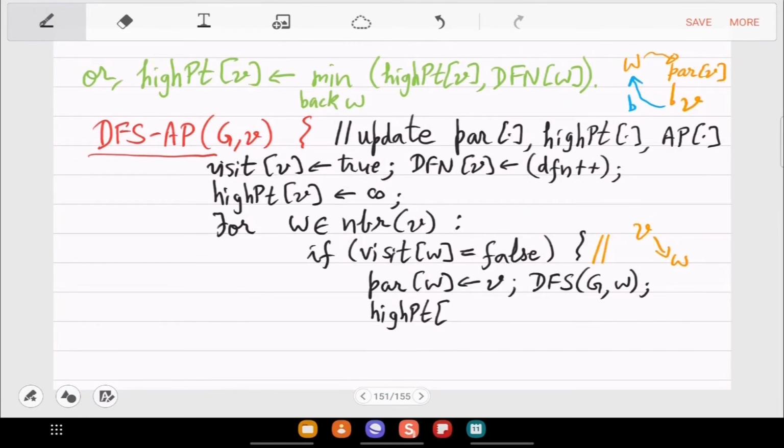high point of V as before, right? So do the minimum. So let me not repeat that. So the same variable and the same high point V, look at its minimum with high point W. Right, so this is the first kind of update because you are going down to W in the DFS,